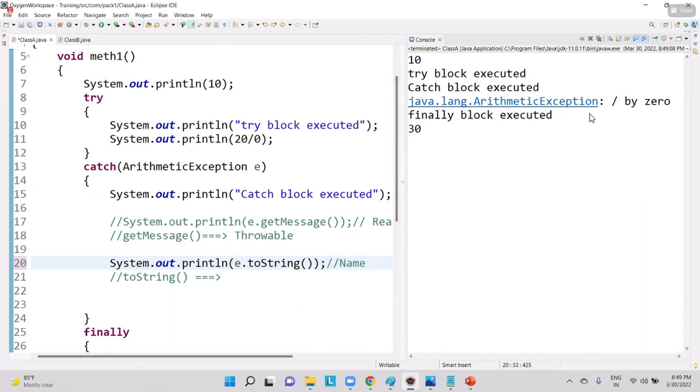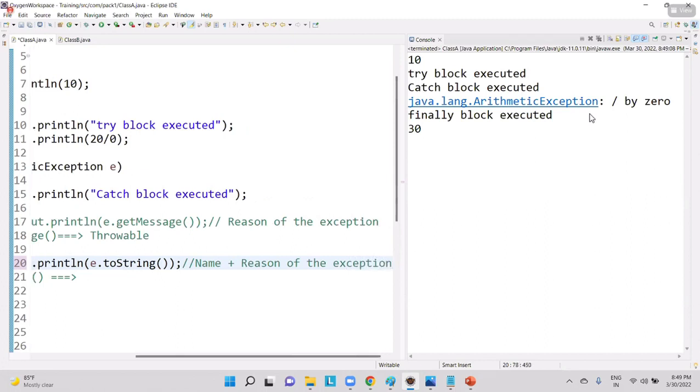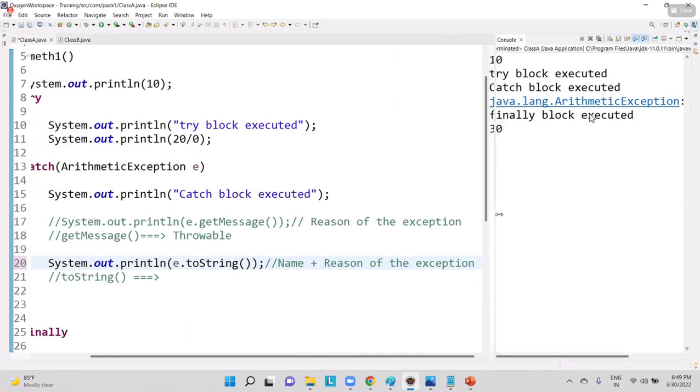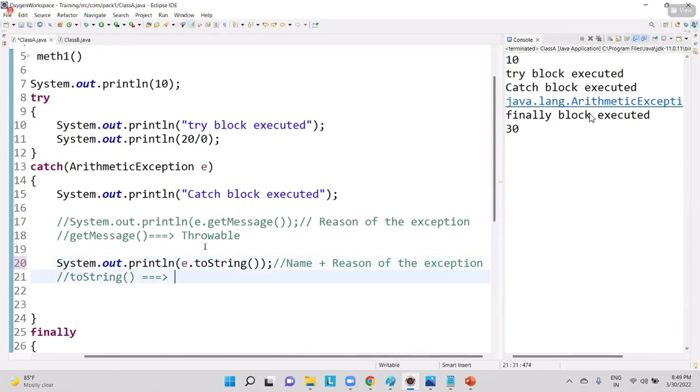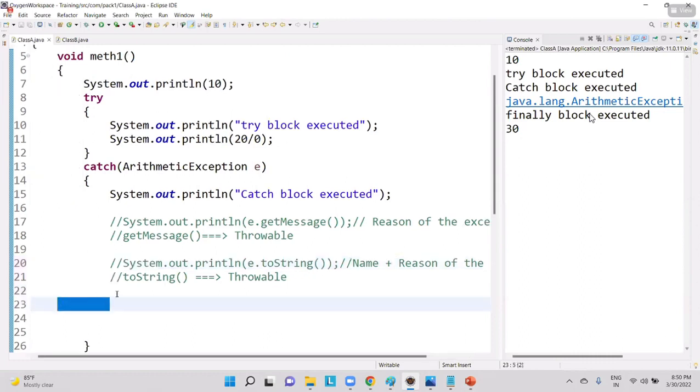Name of the exception plus reason of the exception will be printed by this toString method. It is also present inside this Throwable class. Okay. Now, finally, there is one last method that is